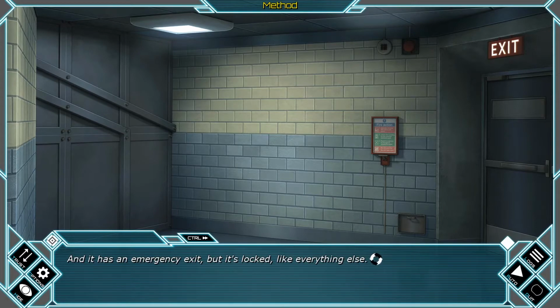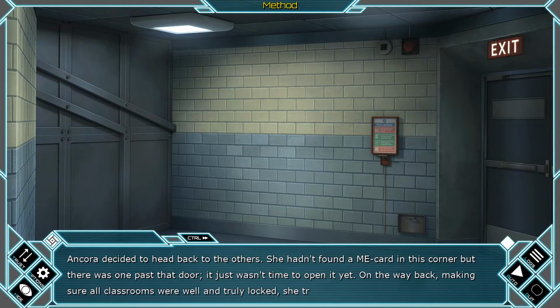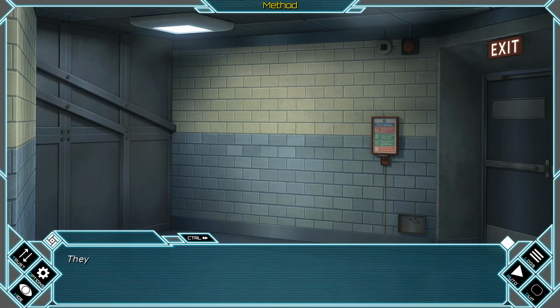It has an emergency exit, but it's locked, like everything else. Leaving there is impossible right now. And Cora decided to head back to the others. She hadn't found a meat card in this corner, but there was one past that door. It just wasn't time to open it yet. On the way back, making sure all classrooms were well and truly locked, she tried the L key to no